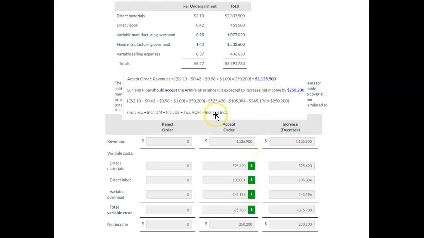Okay? Now, Sunland should accept the offer since it's expected to increase net income by $250,000, and that's the incremental cash inflow that we'll get from accepting the offer versus rejecting it. All right, you might want to look at some other costs involved, like where did we come up with these other costs,